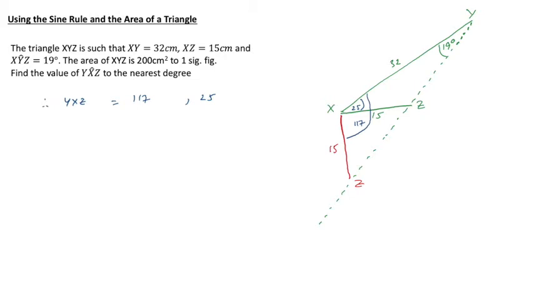So, we would do what we did before, and that ended up with having YXZ being 117 or 25. But then we can use this information we have about the area to distinguish which one is the correct one. So we're going to use the formula for the area of a triangle, which is a half ab sine C. And we could at this point do a half XY sine Z, and that might be easier,